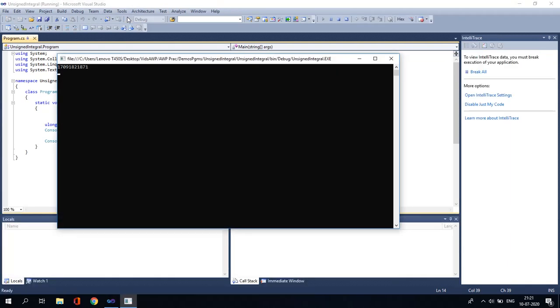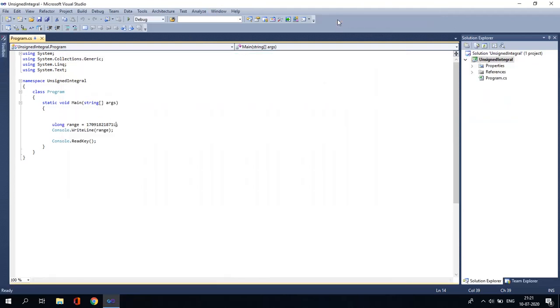So you can see this number is being printed without the capital L again. Only the variable value will be printed. So for long you have a size of 64 bits, ranging from 0 to 2^64. For integer, however, you will have a range of 0 to 2^32 and it will be of size 32 bits. Default value will be 0.